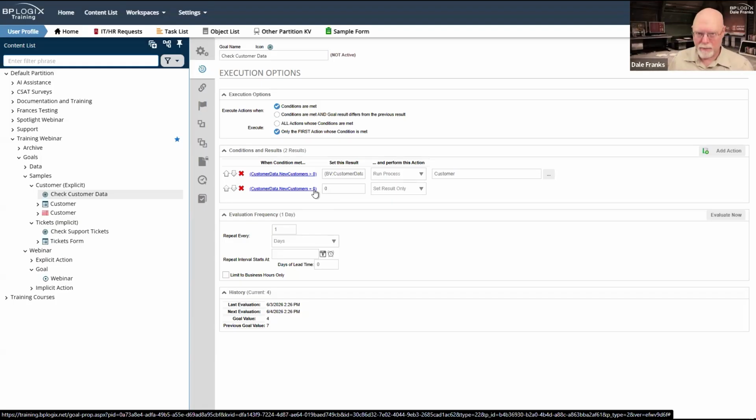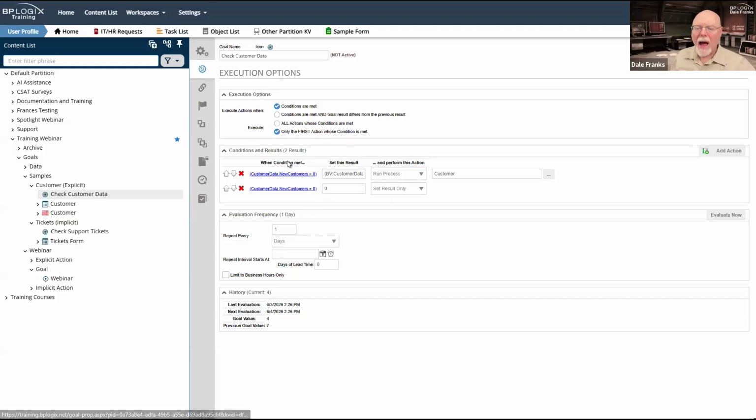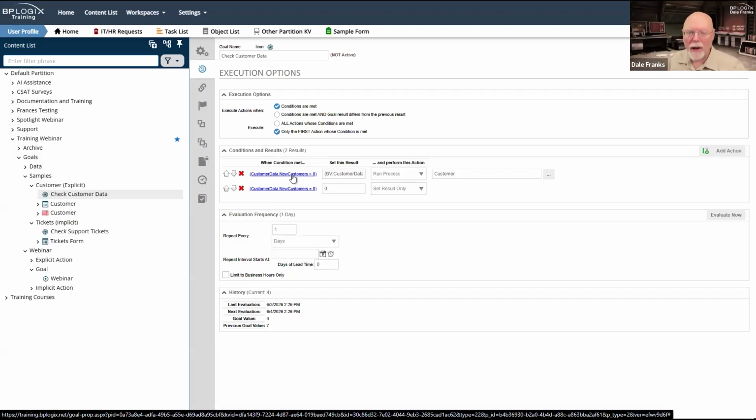One will always be true. I can't have negative new customers, so it's either 0 or something more than 0. So in this case, whichever one of these actions meets the condition, I want the action to run every time the goal runs.